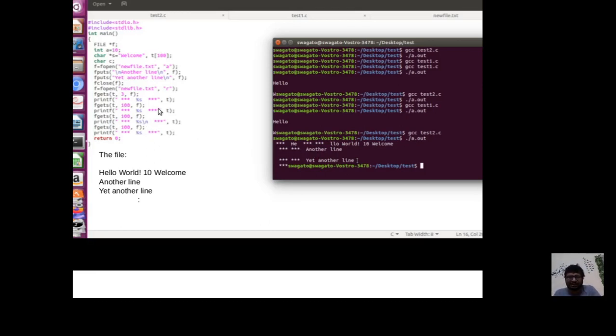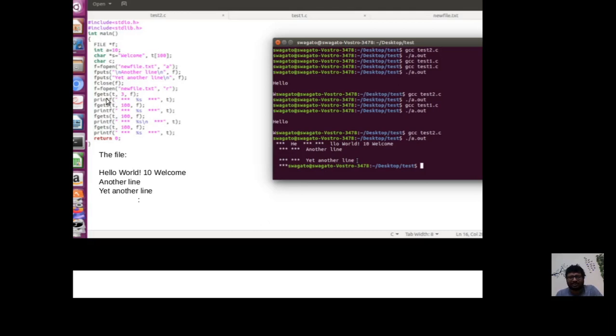This is because the fgets function, when it fetches a line from a file, also fetches the new line that is at the end and stores it in the array that is passed to it as its first argument, t in this case. The first call to fgets fetches the first two characters, 2 because 3 minus 1, and there is no new line.